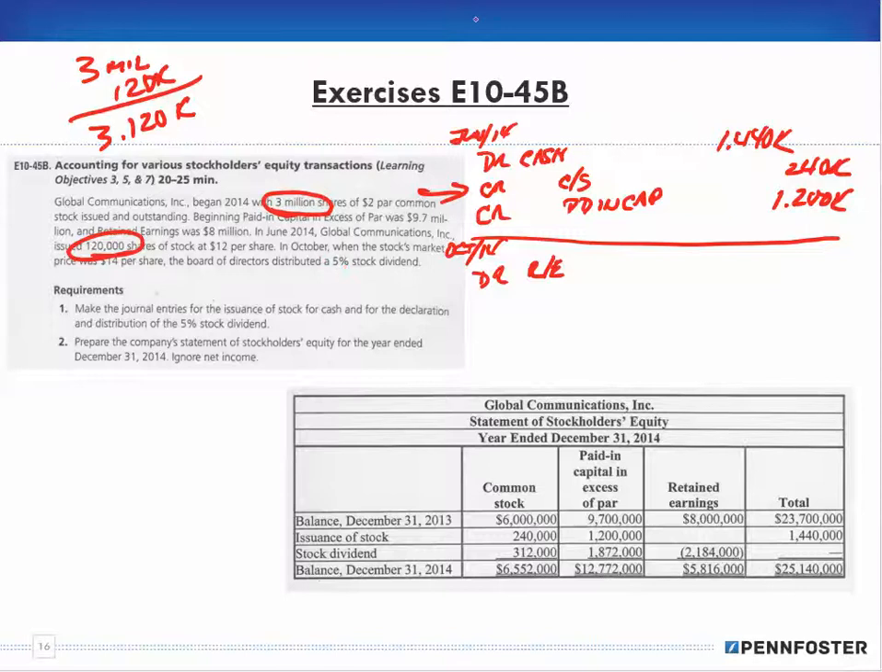And so now we have the 3,120,000 shares, okay? And the dividend is 5%, and the market value is $14 per share, so times $14, and that gives us $2,184,000 that we're going to take out of retained earnings,